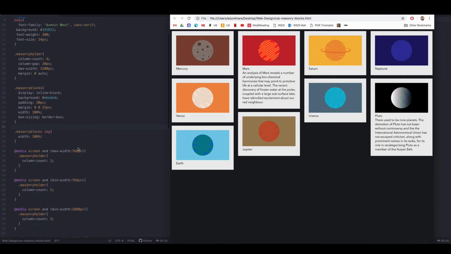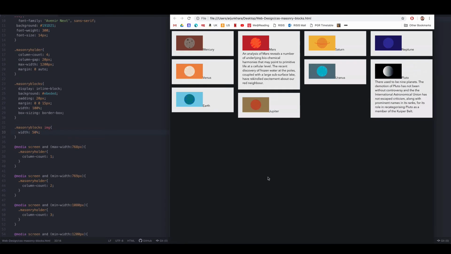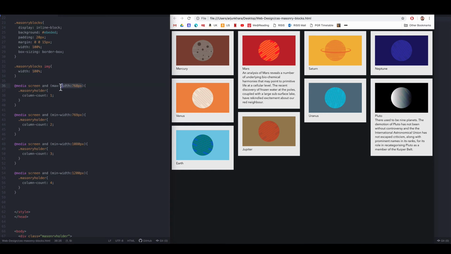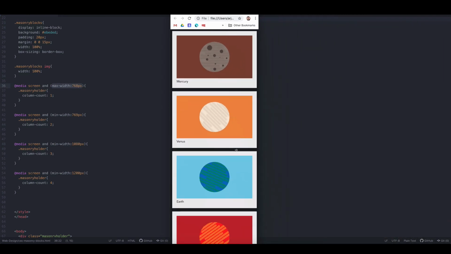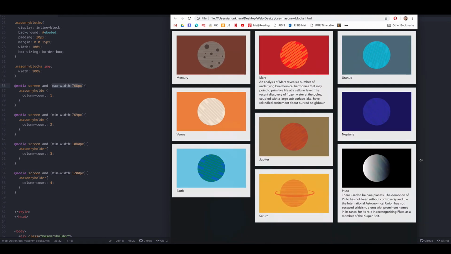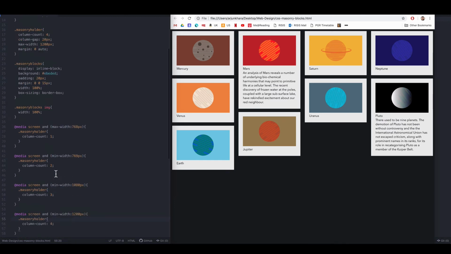It's also a good idea to set your block's images to 100%, unless you're specifically going for a different result. Finally, the media queries tell the browser how to arrange the blocks in each column according to screen sizes. So you can of course set your own widths and rules here. For example, you might want mobile devices to show 2 columns. The point is, your media queries give you total control to the pixel over how you'd like your masonry to